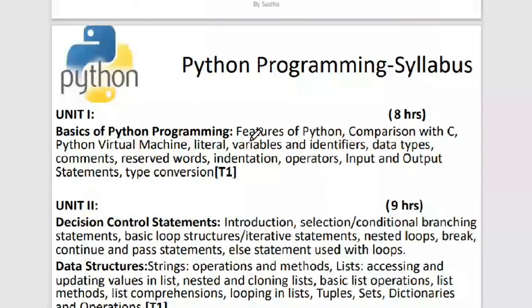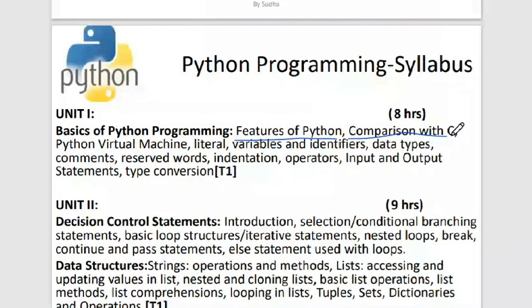Right. So this is your first unit. In the first unit, we have seen the basics of Python, comparison with C programming, and then the Python virtual machine. We have seen literals, variables and identifiers, and we have covered the topics of data types. We have seen comments, the reserved words, and indentation, how important indentation is.